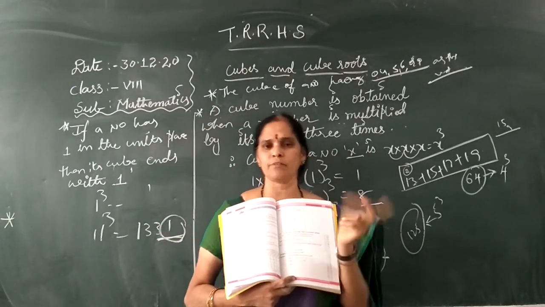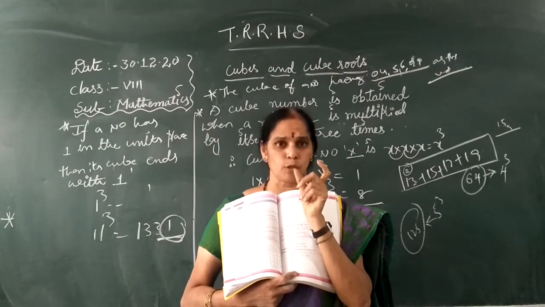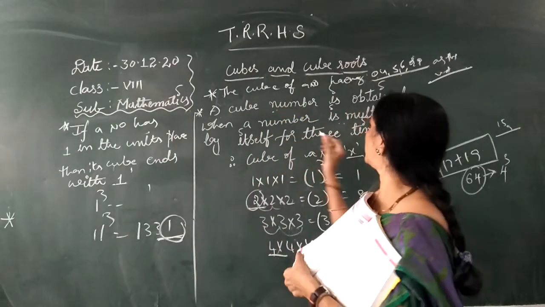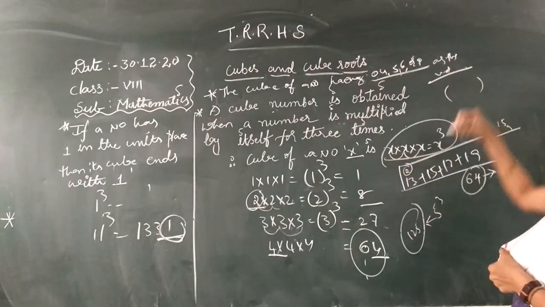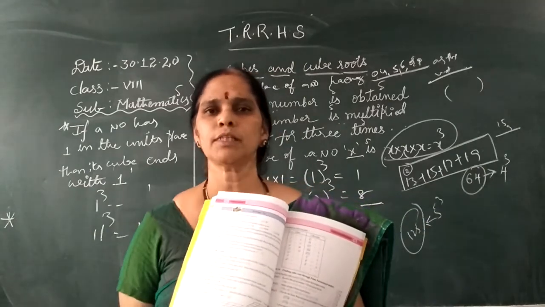But whereas in square you took two similar numbers in one bracket. The product of two same numbers is called a square root. In the same way, the product of three same numbers is called a cube root. So in one bracket you have to put three numbers of the same kind. Okay, right, ma? Thank you very much.